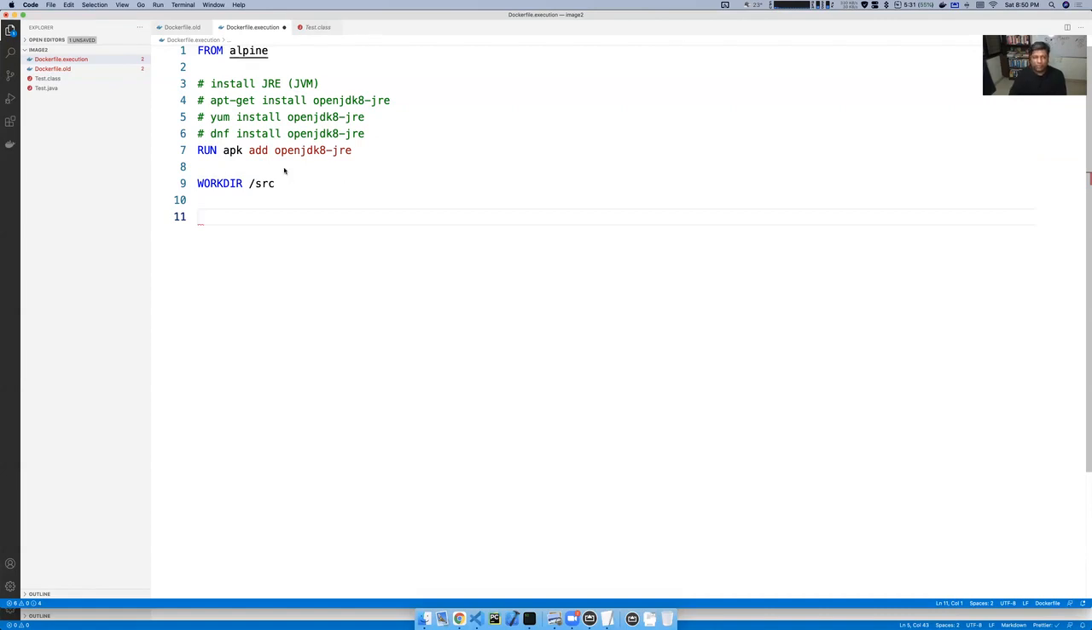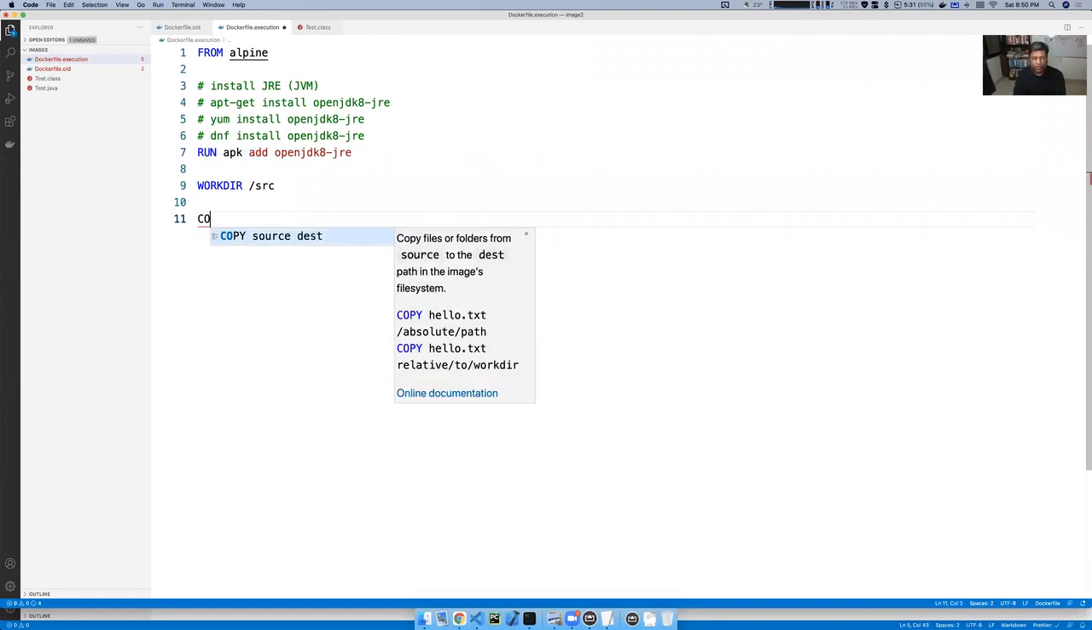Praveen, the APK command is used for installing an application in Alpine Linux. This is the smallest Linux possible. So this is the Linux operating system, 5.558 MB, and we are installing OpenJDK here. The APK command is used for installing something inside Alpine. That's what I said. This is for Fedora, this is for Red Hat and CentOS, this is for Ubuntu, and this is for Alpine. So work directory src, copy